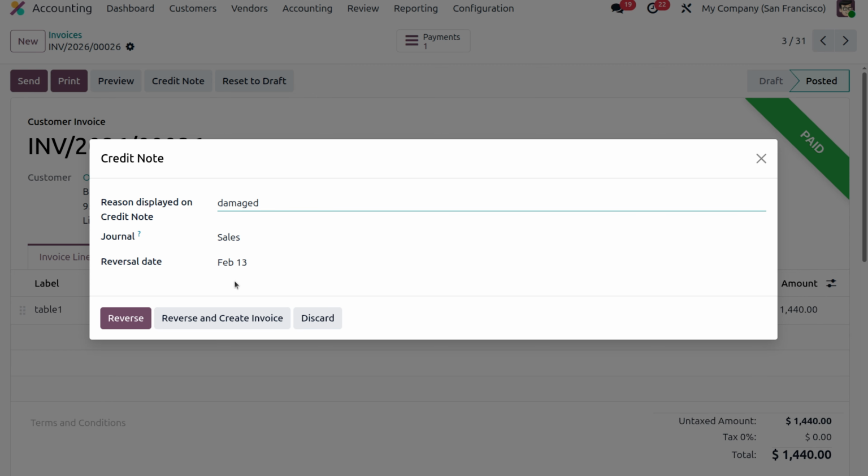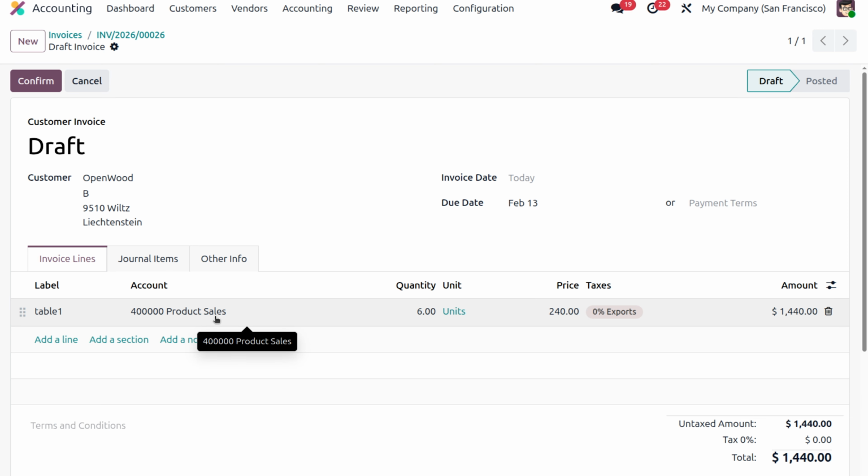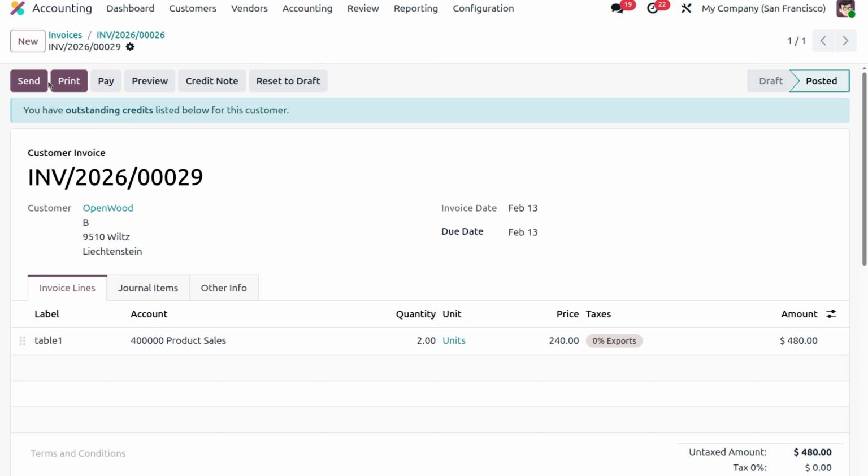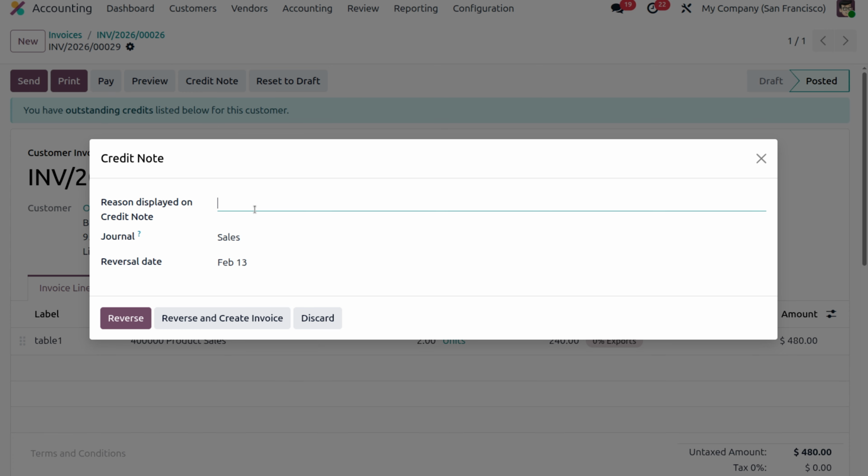Once I'm done with that, there we have the reverse, and here we are going to reverse and create an invoice. Once we do that, we move to a draft invoice, a new invoice created in draft. It is not in post stage, it is in draft stage, and you can see the quantity. I can adjust the quantity from here itself, so I'm going to adjust it to 2, and you can find the total amount as well. Once you confirm it, this customer invoice is posted, and you can simply create a credit note as well. You can provide the reason for this credit note, which is damaged,